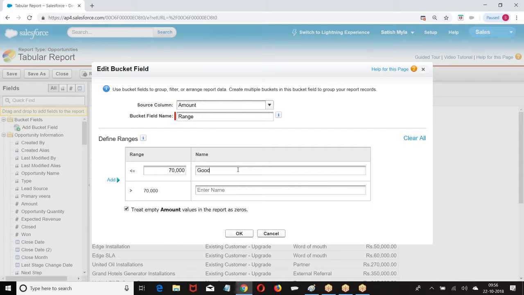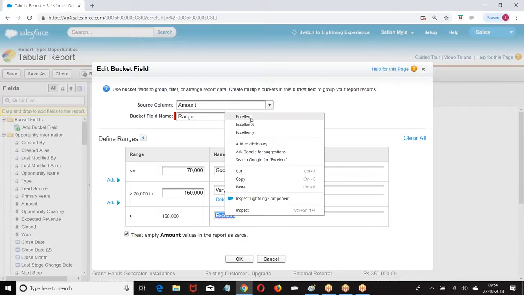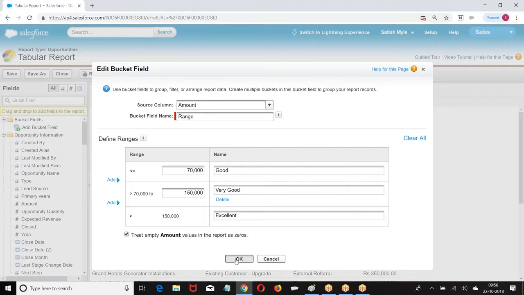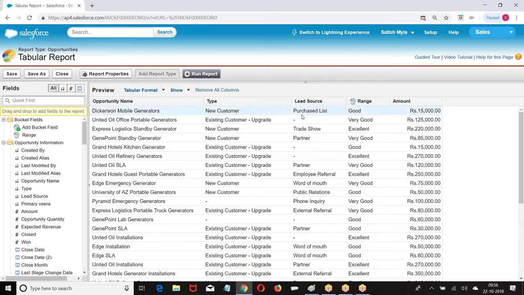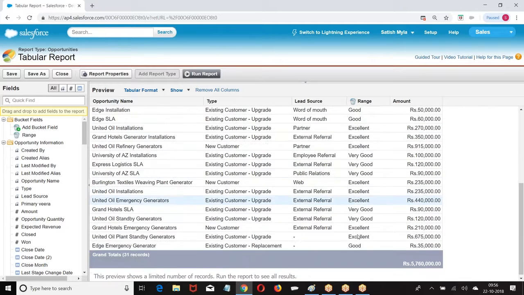$70,000. Look at this. One new column is created which is showing good, excellent, very good.